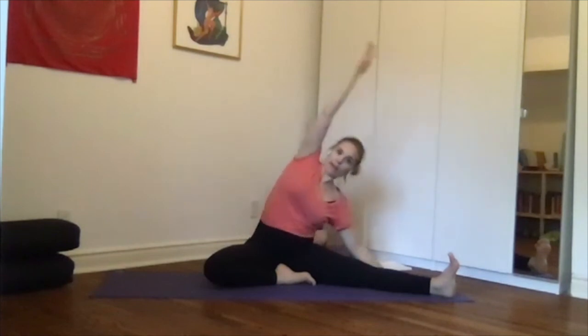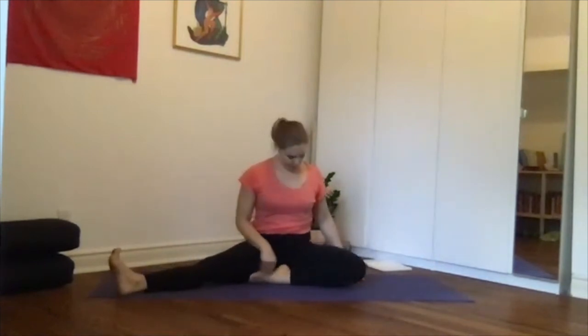And then we'll inhale and come back up, and exhale and release. Good, you can give the shoulders a little roll. And then we'll switch sides, so straightening out the left leg, take the right foot into that half Janu Shirshasana